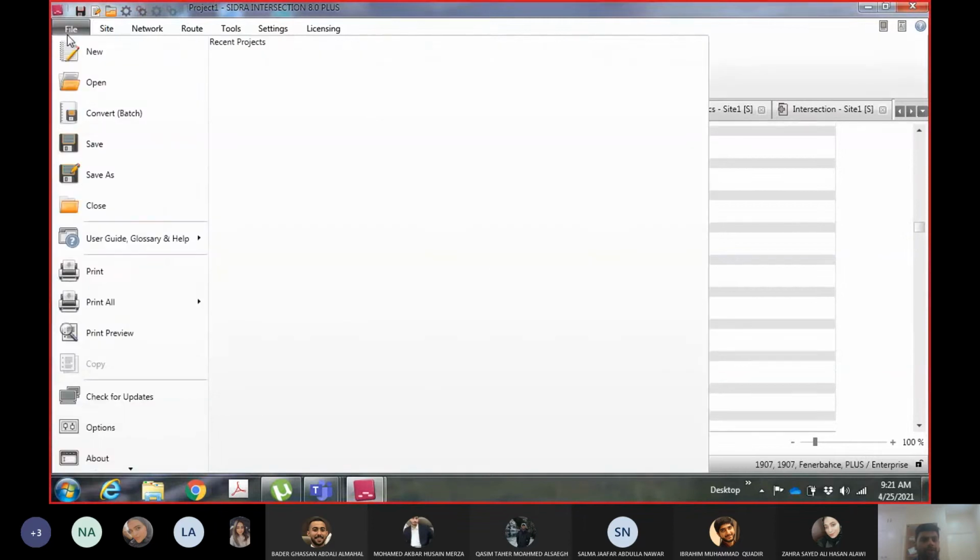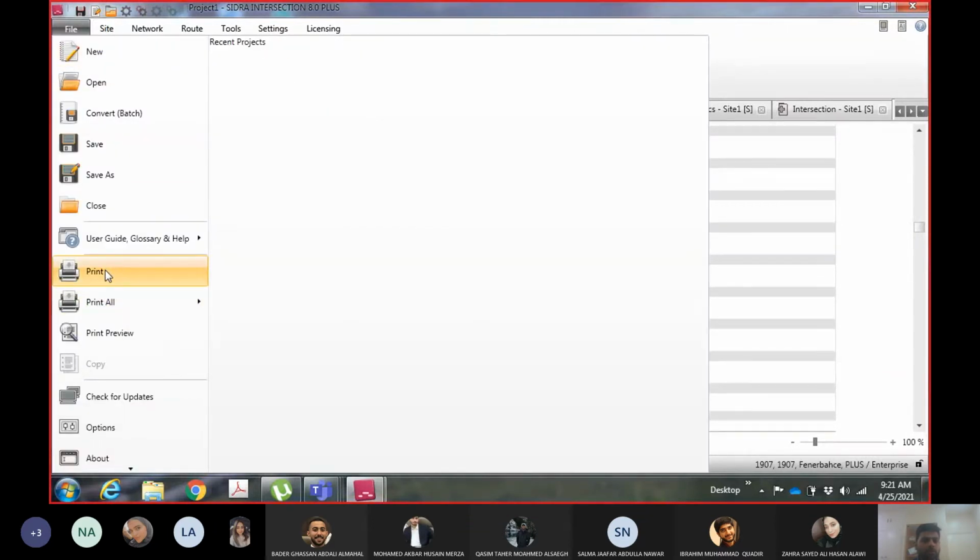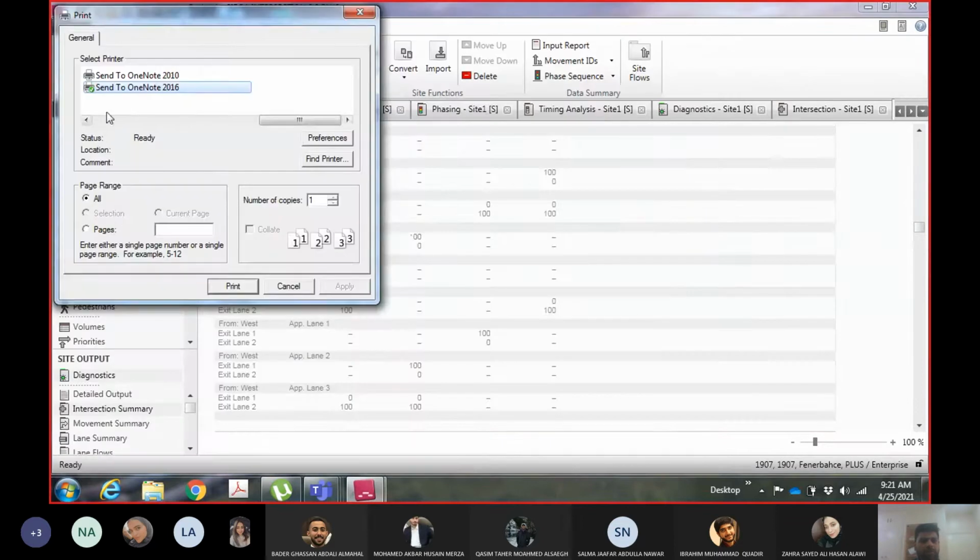And if you want to print it, you go to the print option. If you have a printer connected to your laptop, you can select that printer and print it directly.